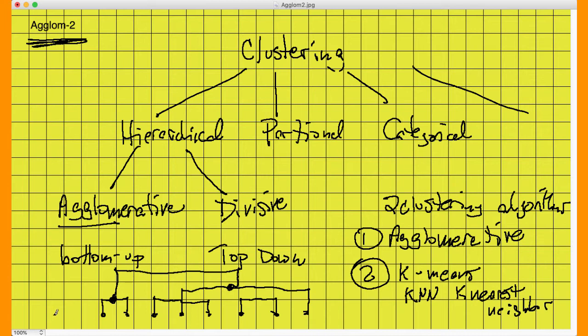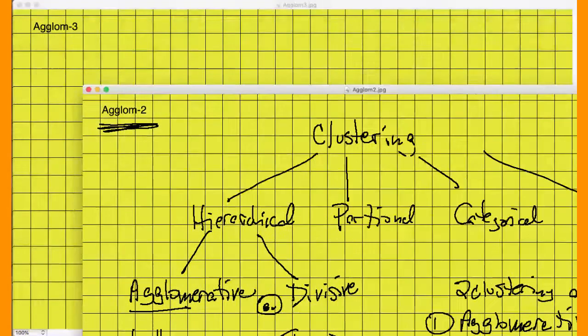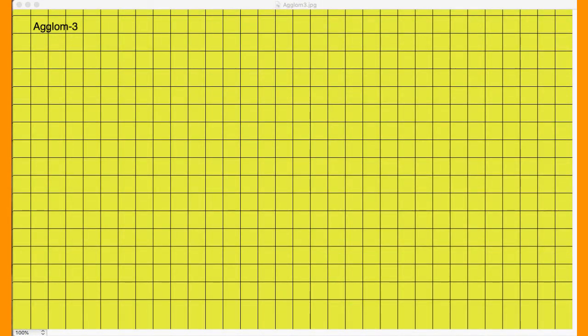And what we keep doing is, whereas down at the bottom level there were just single elements, in other words, each cluster only had one element in it, when we get way up to the top, there is only one cluster, and it contains all of the elements in it. So that is basically what the talk on this video is all about. And let's get right down to it. So what I want to do is talk about agglomerative clustering. This is an algorithm.